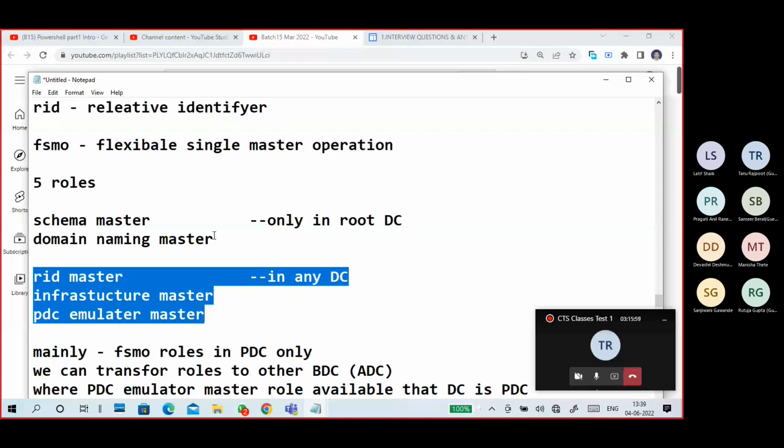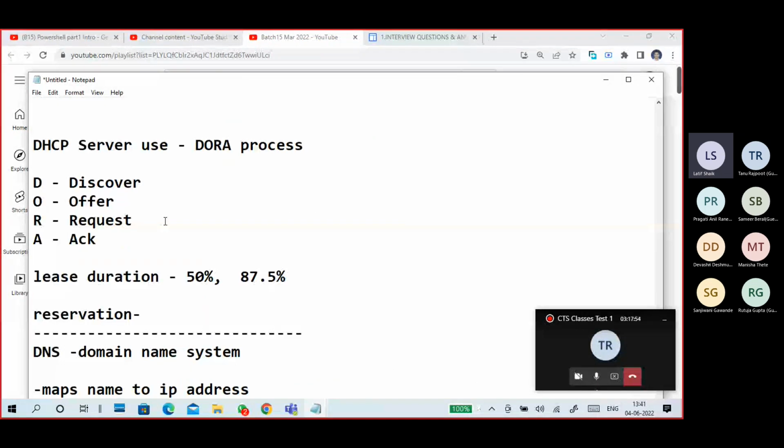This is told in the second one. Types of servers in Windows servers. Okay. And what is Dynamic Host Configuration Protocol? What is the use of DHCP? It assigns IP addresses to clients automatically. Difference between manual and automatic assigning, or static or dynamic. What is the DORA process? Discover, offer, request, acknowledgement. Client requests, server offers an IP address to the client, client requests the IP address from the server, server sends an acknowledgement to the client. Lease duration and reservation, better to know it.